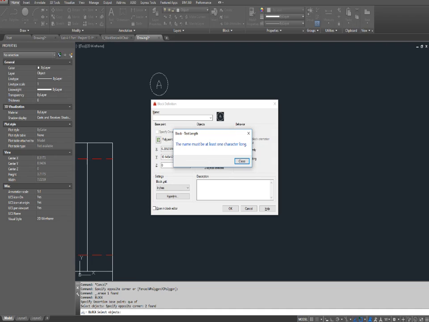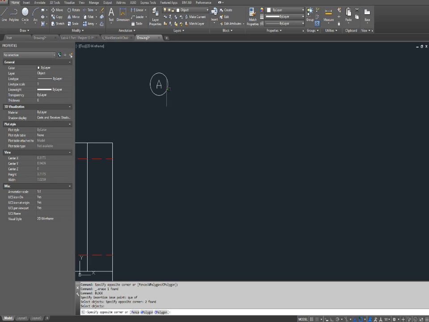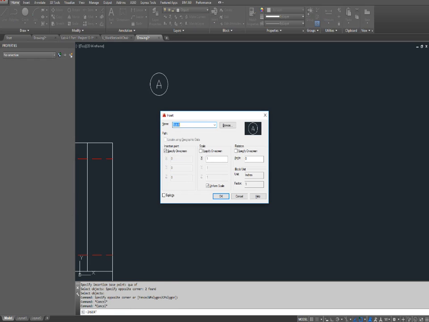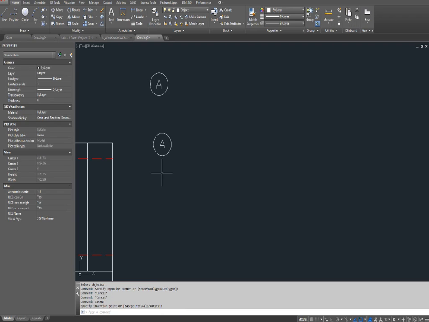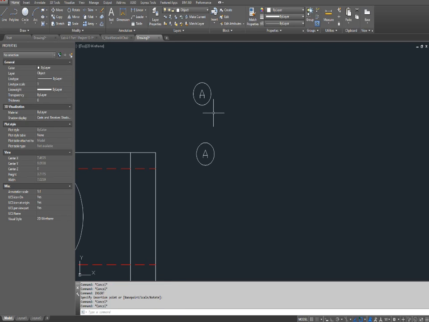Oh, the name must be... Oh, I didn't type a name. So I'm going to call this bubble-a. Say okay. Okay, so now when I click on it, you can see that it's a block. And when I go to do my insert, you're going to see I now have bubble A listed there. So I can just keep using that over and over again. And as long as it's the letter A,